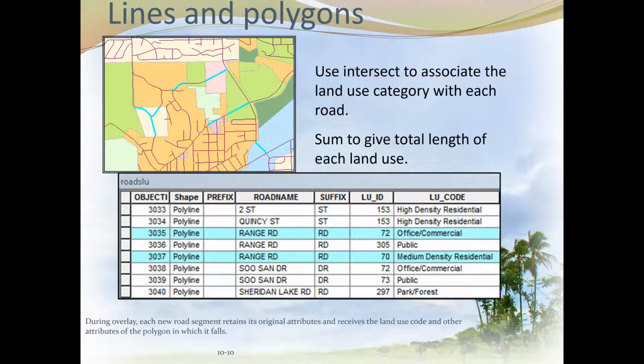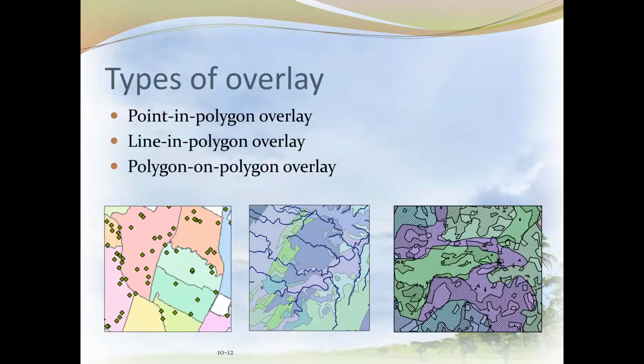And the original single road is now three sections, and each segment in the output table is assigned the attributes of the land use polygon containing it. So, the types of overlay we will look at now. There are three: point in polygon, line in polygon, and polygon in polygon overlay. We will talk about them one by one, and we will not talk about boundary issues